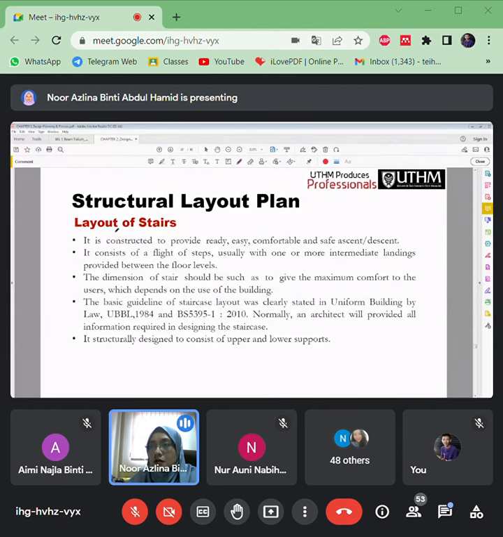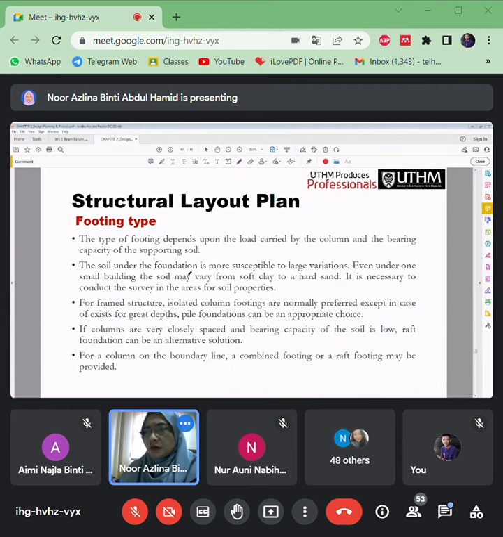Okay, so this is the layout of the staircase here. You just have to know where the staircase location is. You don't go as far as the design, is it comfortable or not? Okay, with the levels of the steps. Okay, the footing type, is it using pilings or